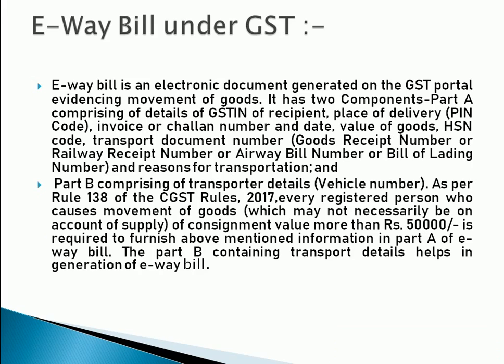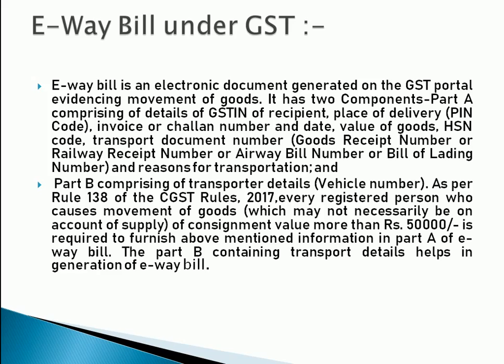Under GST, the e-way bill has to be generated on the GST portal, which evidences the movement of the goods. Now there are two components of this bill. Part A comprises the details of the GSTIN of the recipient, so the GST number of the recipient of the goods, the place of delivery, PIN code will be specified, the invoice or challan number, the date, the value of the goods, the HSN code,